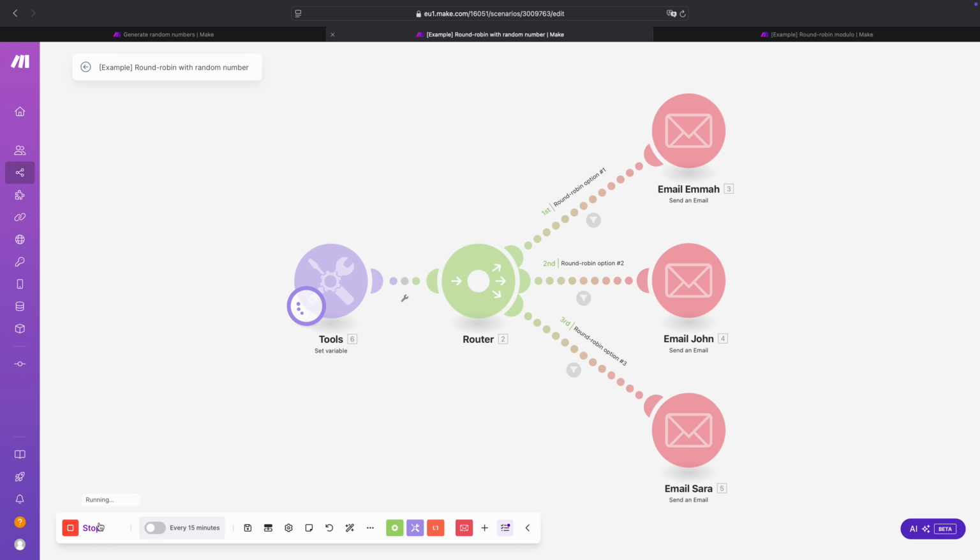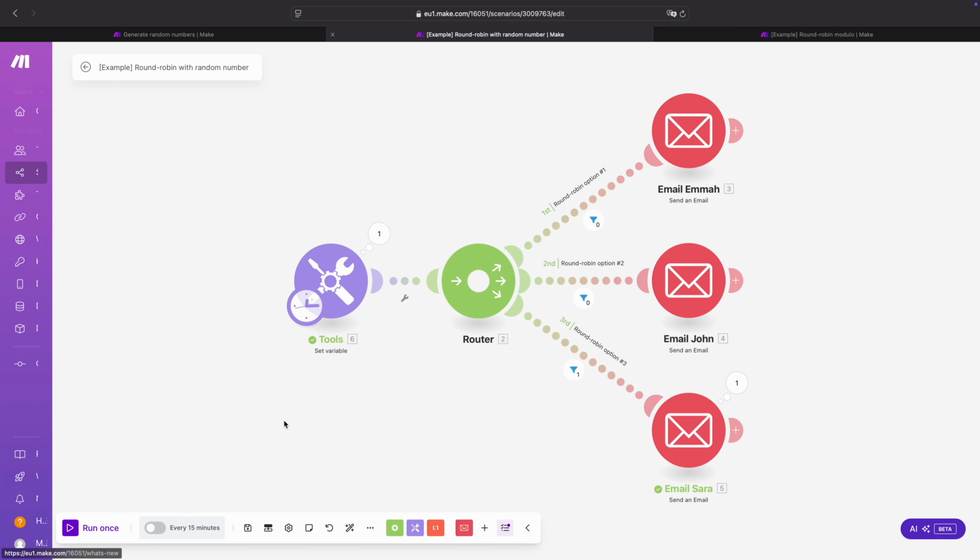So if we click here run once, I can demonstrate that it works, but also that there is a problem with this. Right now you see it started, it went to the second route, and then it went to the first one, the first one again, then the second one, the second one again, then the first one, and eventually it will go to the third one. So it's purely random. It can happen that it goes to 1, 2, and then 3, but it can also happen that it goes to 1, 1, 1, 2, 2, 2, 3, 3, 3, or 5 times to 1, 2 times to 2, and then maybe a few times to 3.